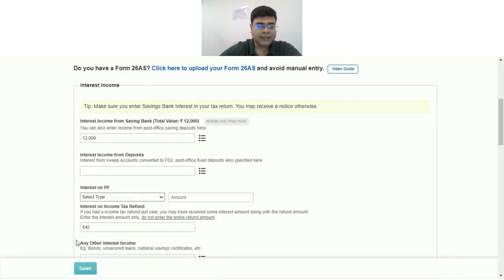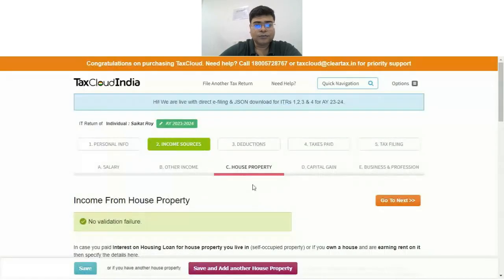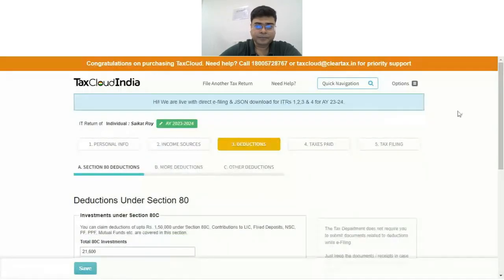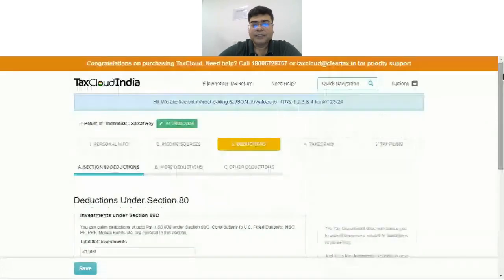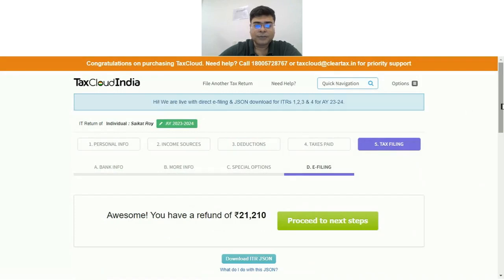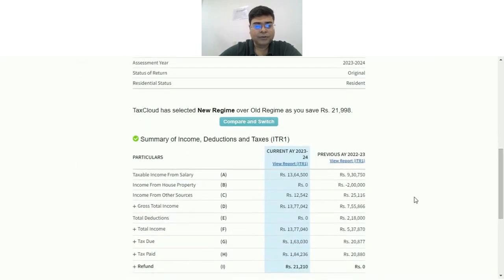So if we save it and go through the deduction section, we will see that under 80TTA the amount has been taken. Now, don't be afraid because the amount is showing as 12,000 rupees over here. While computing the deduction, only 10,000 rupees will be taken into consideration, right? So, if we see